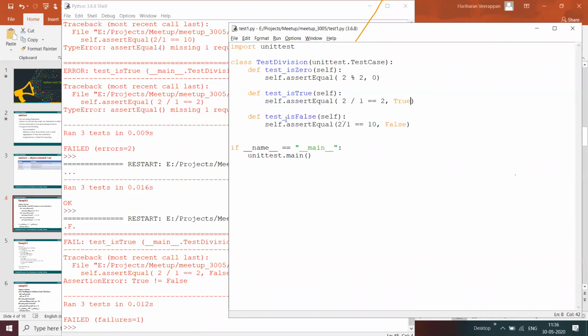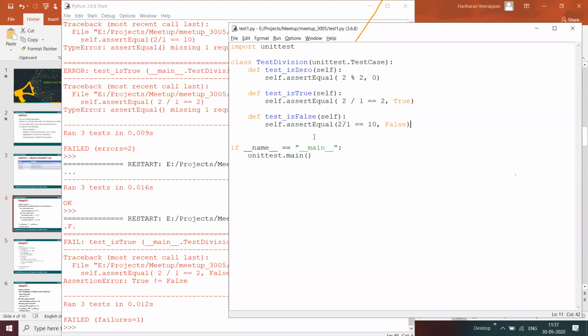In case of test is false, whatever be the test case, we check whether it returns false or not, which means 2 divided by 1 equals 0, which is a false condition. Both the output result and the expected result are false.